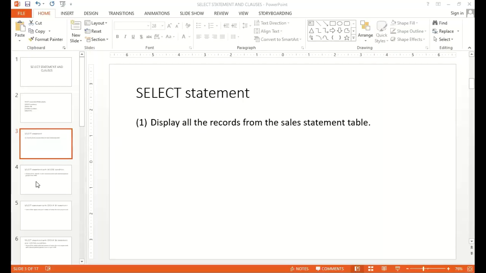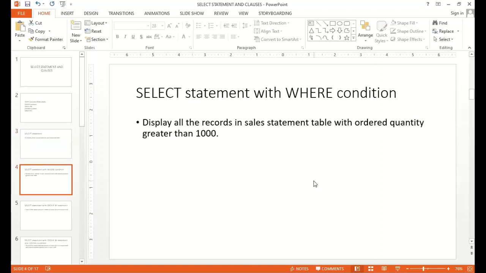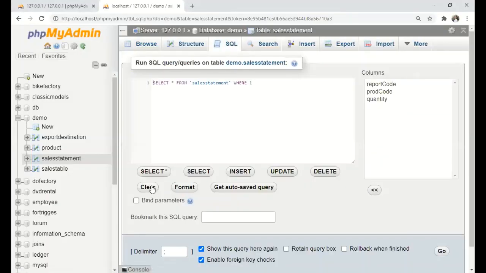For the second example, you have here: display all the records in the sales statement table with ordered quantity greater than 1,000. So in here we will be integrating the where condition. You need to display all the records from the sales statement table with ordered quantity greater than 1,000. So let's go back to our SQL, back to the command line. So select all from sales statement